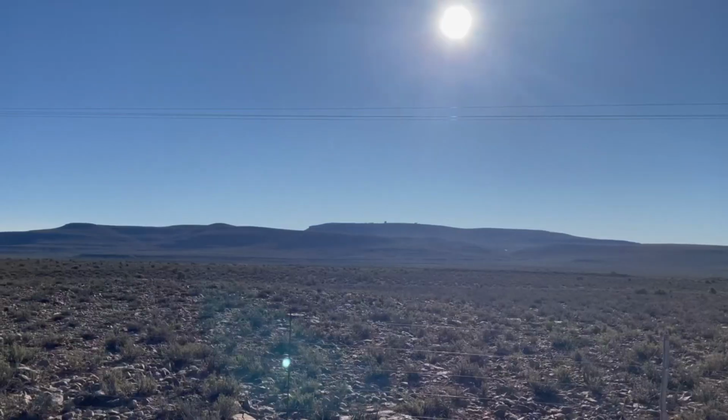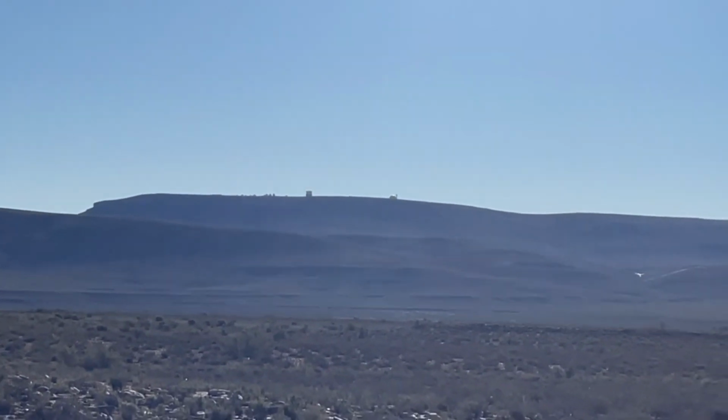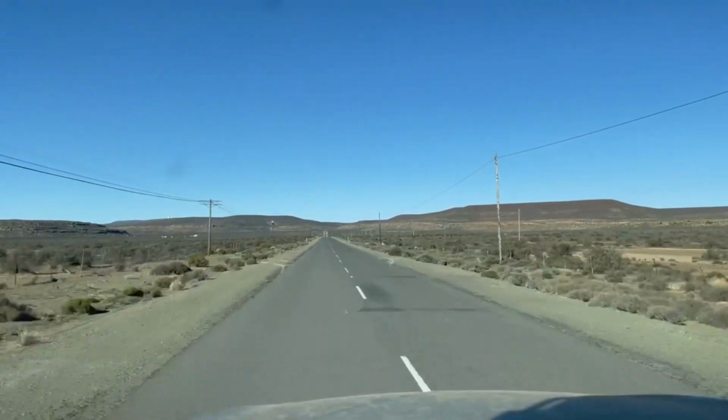After lunch, we set off to another must-see location in Sutherland, which is the South African Large Telescope, or the SALT. It's this huge observatory that is based out there because of Sutherland's high sea level, and the pollution-free air is great for stargazing, obviously. I think Sutherland is cloudless about 80% of the time, so it's the best place to watch stars in South Africa. So we wanted to go to the observatory and then...